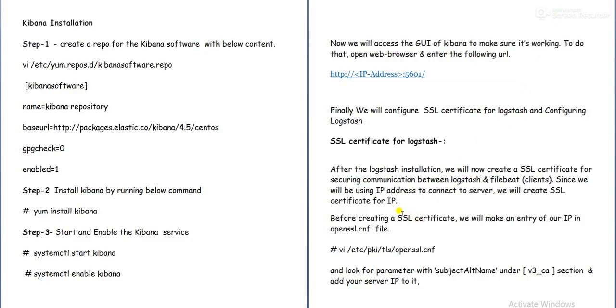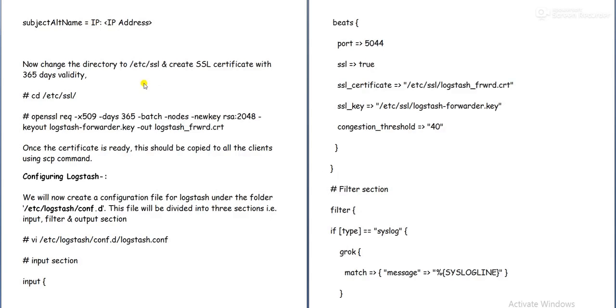So we need to make an entry in the openssl.conf file under the v3_ca section, like this: subjectAltName = IP:IP address. In this way we need to make an entry.